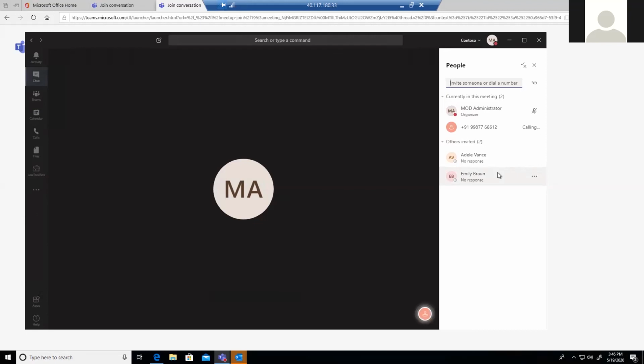So for the functionality you get when you create a meeting invite, by default, some of you are only using a Teams license, not the audio conferencing license. You cannot see that number and the conferencing bridge to get into the meeting or to dial out like this, right? Because you do not have that functionality assigned by your administrator, but you have it only if you have that license or that feature assigned to you. Once you have that feature, you can also make calls to a PSTN number while you're in the meeting. So that's how you do it.